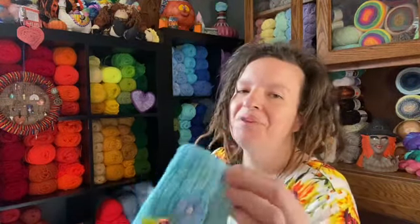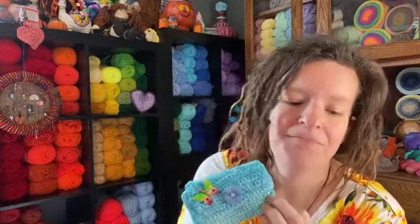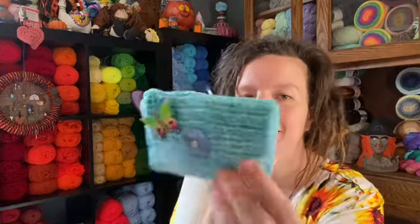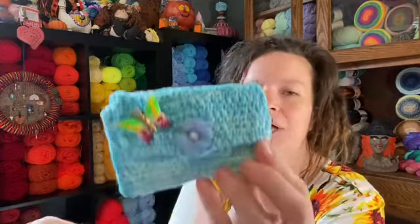Oh, but wait, there's more. I think I do have hooks and goodies in here. Also, these are from this same sweet friend, and she made this for me. There's a fuzz on it. She made this for me, and I got this from a sweet friend. Y'all spoil me. I need y'all to know. So anyway, you open this up, and there's a stitch marker that I made and one that my friend made. So they're in there together,